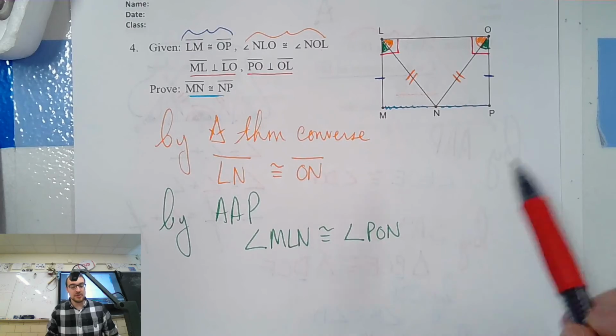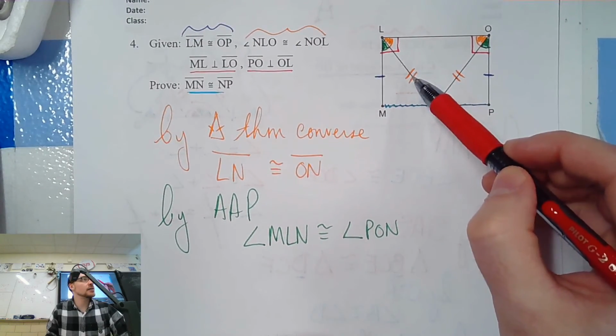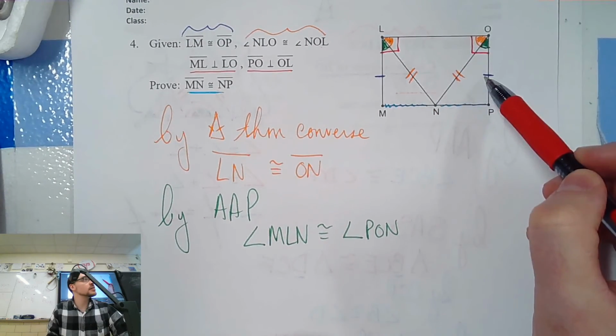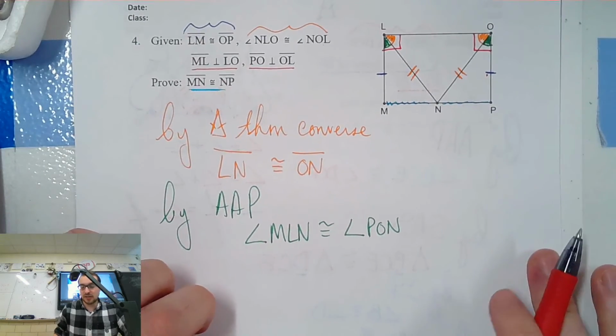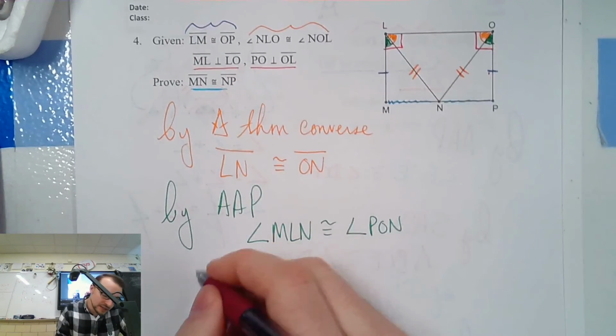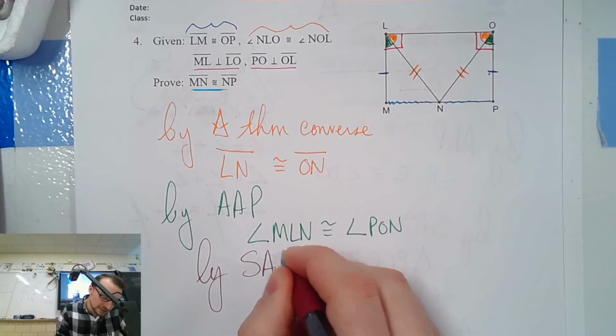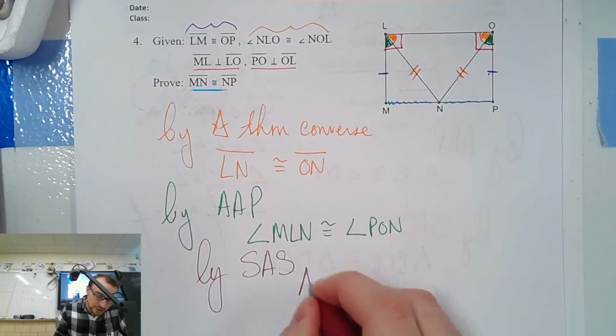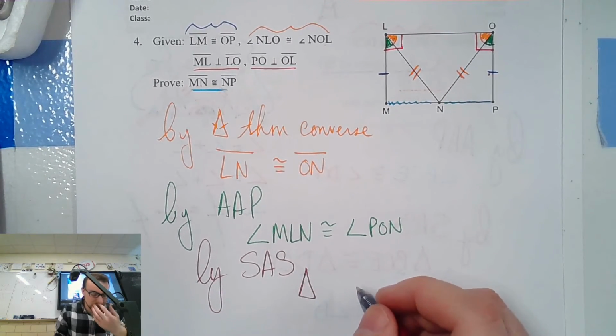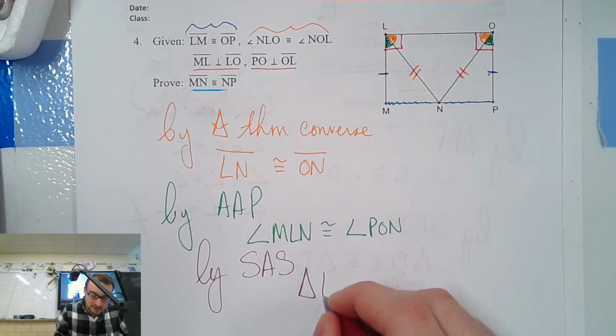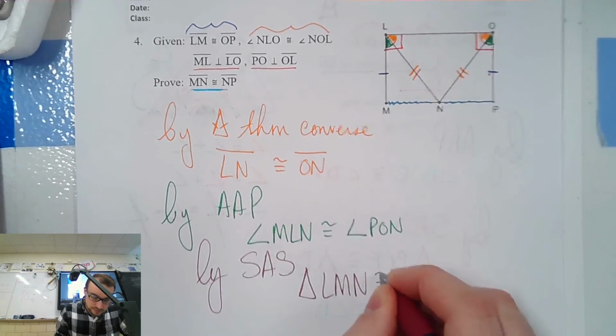Cool. So now we have enough information. Side, angle, side. So now we can say by side, angle, side, those two triangles are congruent. So I'm going to write that. By side, angle, side, the two triangles are congruent. The first triangle I'm going to write in alphabetical order as LMN. And the other,